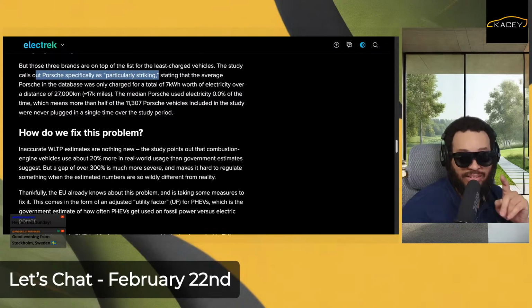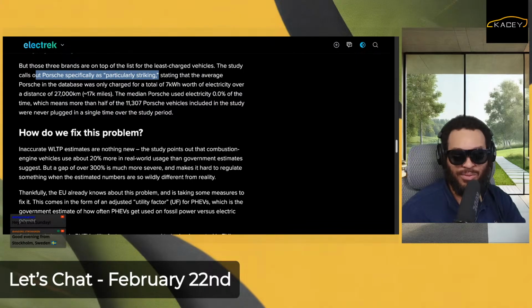But had it been a Volt and they could feel the difference between EV mode and Fat Prius mode, those jokers would get plugged in a lot more. Unless they're company cars. But if your company car is a Porsche, Bentley, or what was the other one? You probably have somebody to charge it for you anyway.